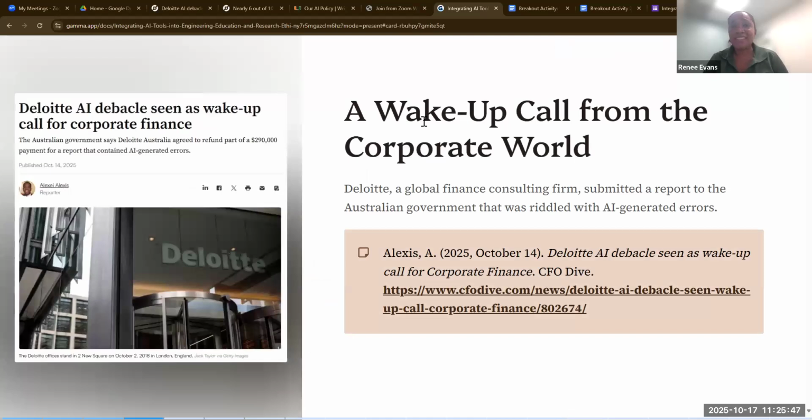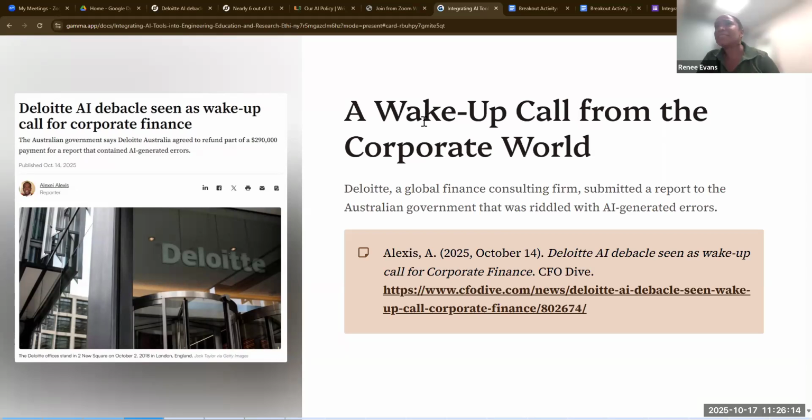So to start off our topic today, I thought I would highlight this particular article that was published actually this week, October the 14th. And it's an incident that happened with Deloitte. Deloitte is a global financing firm. They were asked to create a report for the Australian government.